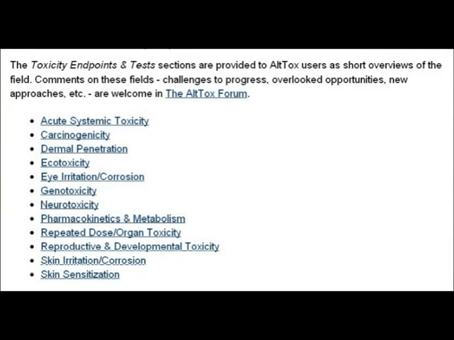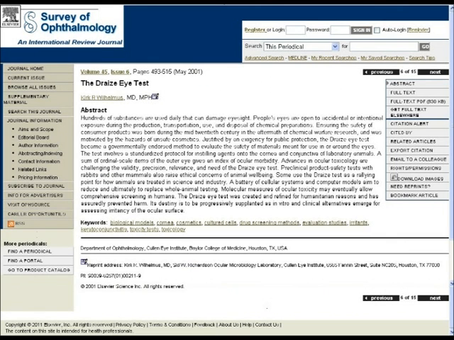In this part of toxicity tests, we're going to look at the eye irritation-corrosion tests. The eye irritation-corrosion test is an acute toxicity test. It is sometimes referred to as the Draize Eye test. I'm going to start this piece by reading an abstract from the Survey of Ophthalmology, which is an international review